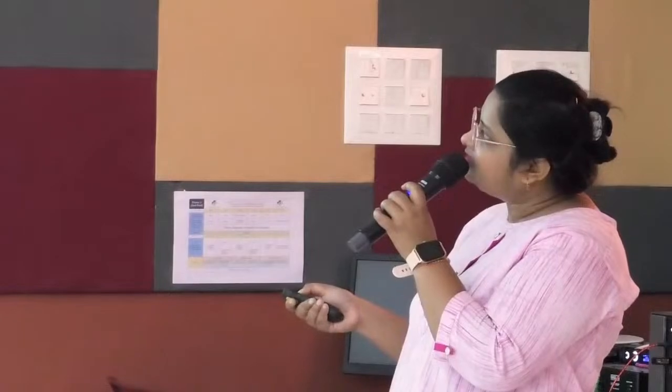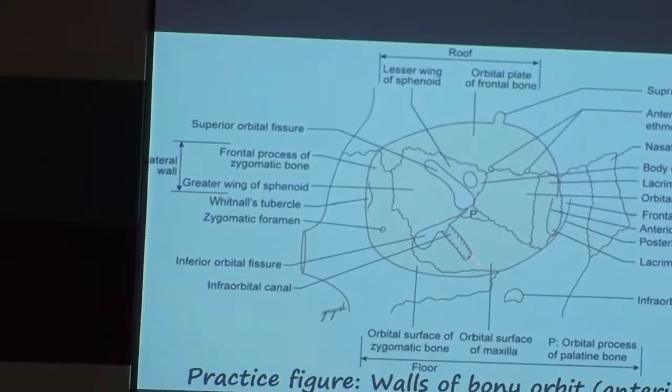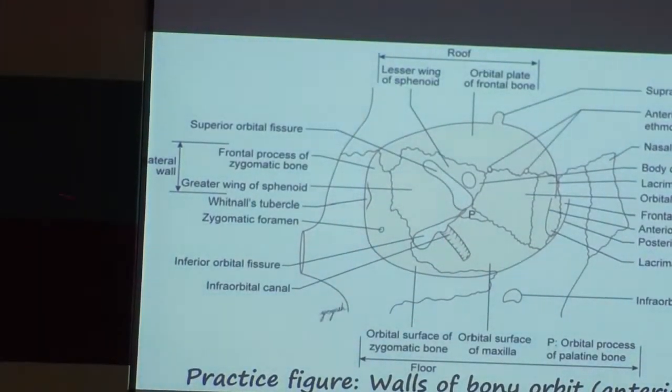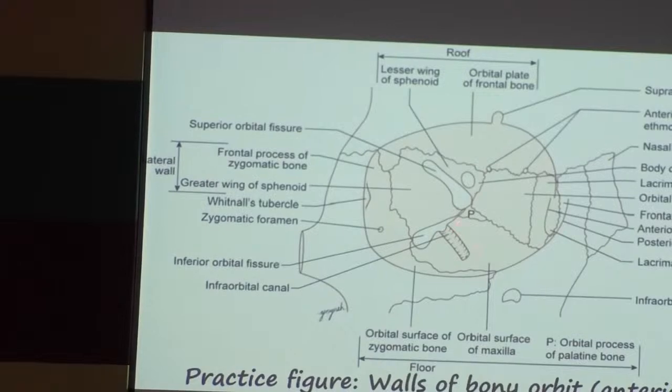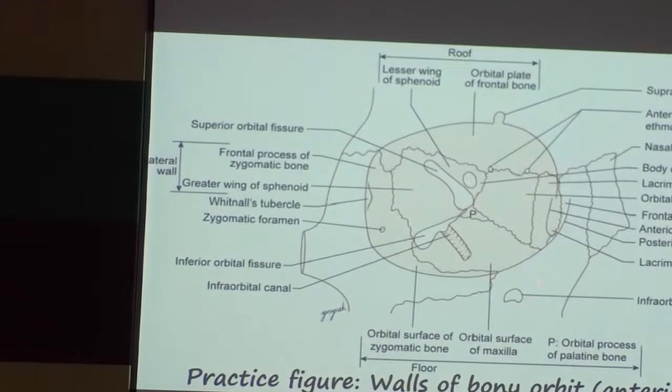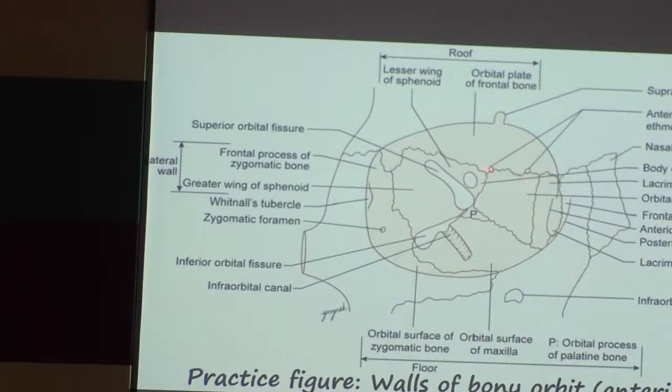And over the maxilla there lies the infraorbital foramen. And this is over the floor of the orbit, where this is the infraorbital canal; through it pass the infraorbital vessels and nerve. Okay, and they come out through this infraorbital foramen. And here you can see this is the zygomaticofacial foramen. It is lying over here, and the zygomaticotemporal foramen will also lie here. And here these two foramina between the roof and the medial wall are the positions of the anterior and posterior ethmoidal foramina,